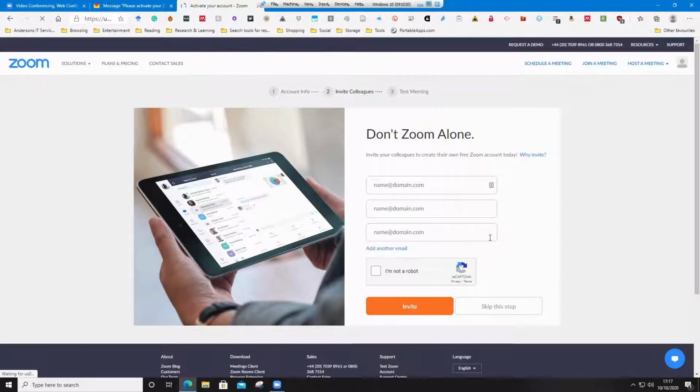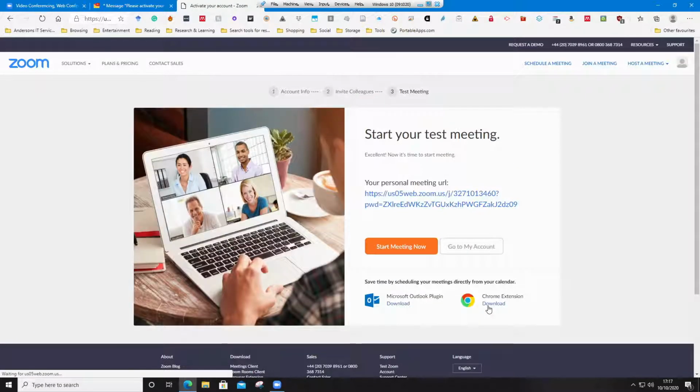And then you get the option to invite people you know. So I'm going to skip this. You need to tick the box that says I'm not a robot, otherwise it won't let you go any further. And then if you want to invite people, literally type in their email addresses in that list, and you can add others by clicking the add another email link. I'm not going to invite anybody at this stage, so I'm going to skip this step. Okay, so now you've got your own personal meeting URL. So this is the link that you can send to people if you want them to meet with you anytime on Zoom. And if you want to start a meeting immediately, click on Start Meeting Now, and I'll show you how that works. Click on the Start Meeting Now button,